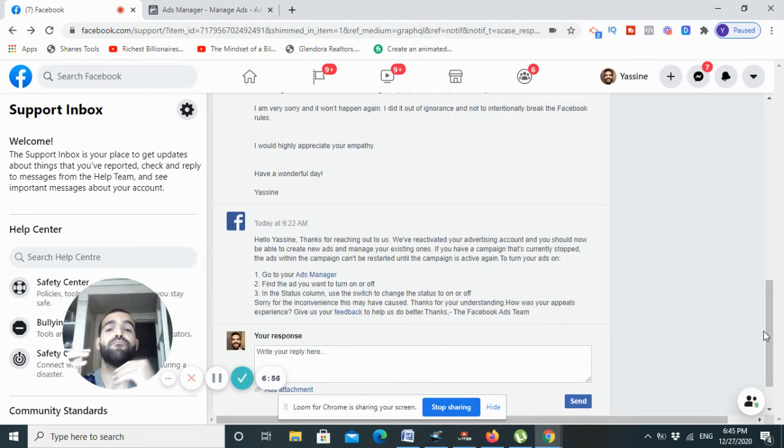And then, just in case you had your account disabled, don't lose faith. Just send them a message, sharing your pure intention with them, telling them that you didn't do it on purpose and that you highly apologize. It won't happen again, just like I did. I mean, no one told me what to do or whether it was doable, but I just took a shot and it did work. Hopefully, you can do the same thing and get your Facebook ad account back running.